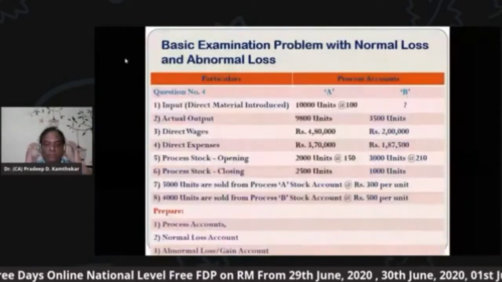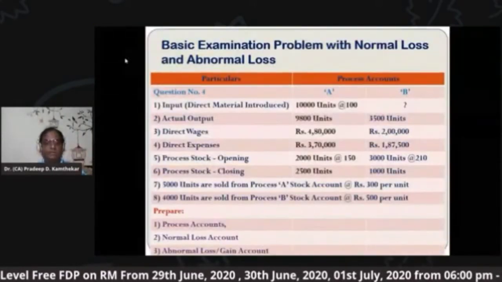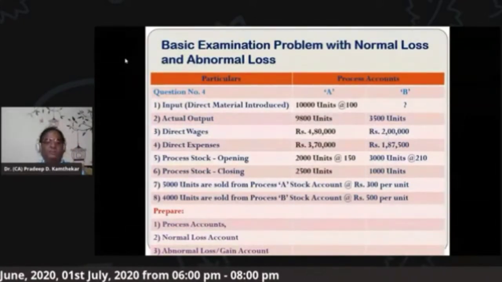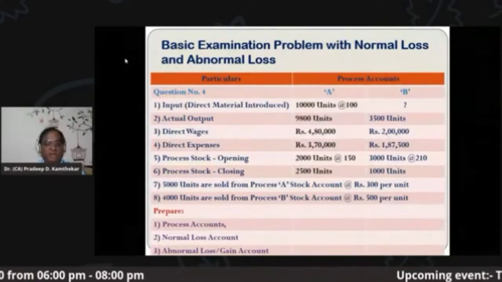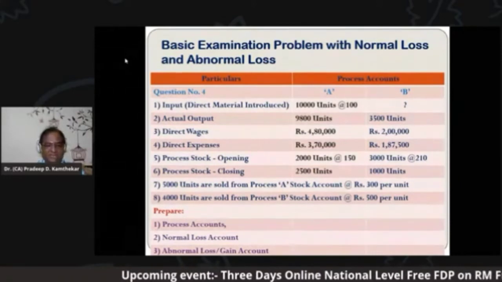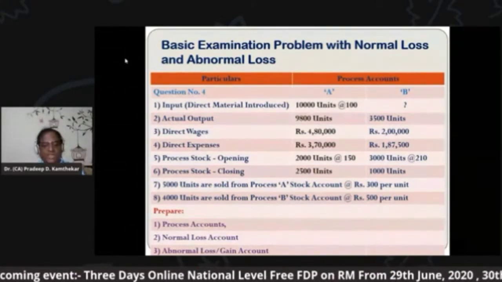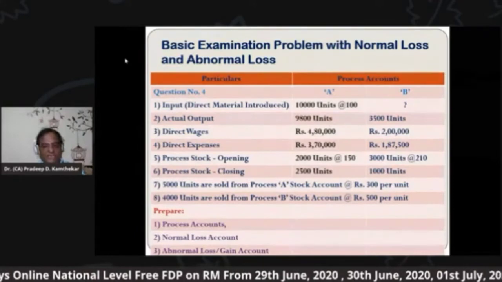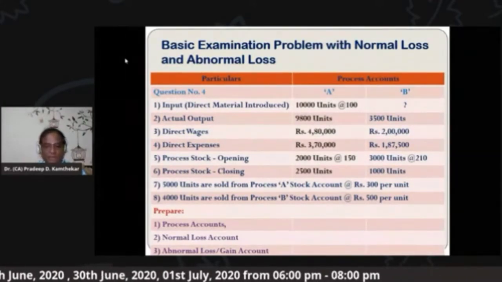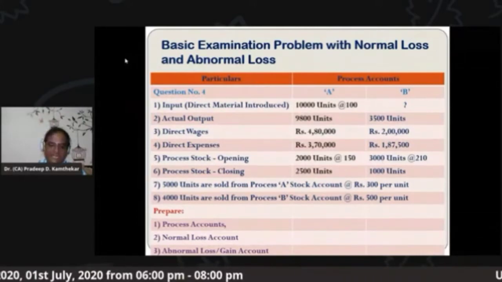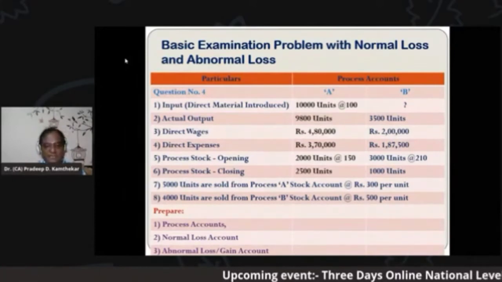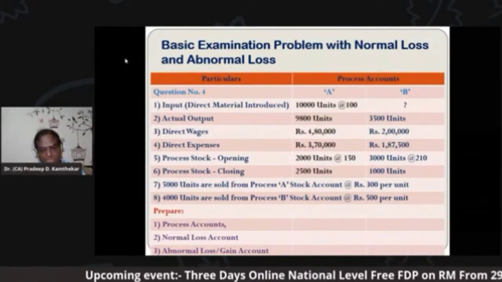Now we come to the last part of it. That is the last category of process costing problem, where we have process stock accounts. In some process costing techniques, or the particular method that a business follows, process A's output is transferred to process A stock. From process A stock, it is transferred to process B. From process B, it is transferred to process B stock, and from process B stock, it is transferred to process C. And then from there, it goes to the next process like that. So here, if there is any sale, it is from that process stock account.